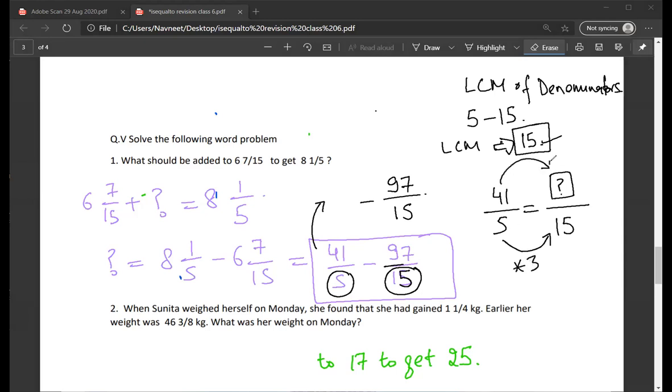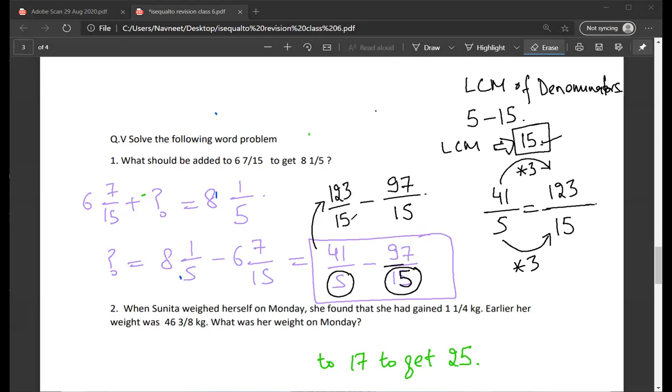Mr. Sarthak, what should be this something? 3. Okay. So 41 into 3, 123. Just figure it out. Is there a doubt? Sir, I thought you were asking for 41 into. Okay, we didn't write 3. Hold on. Is it clear? Yes. So I can write 41 by 5 as 123 by 15.